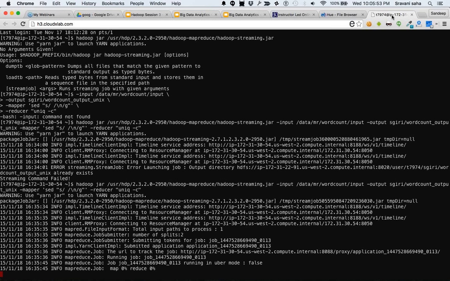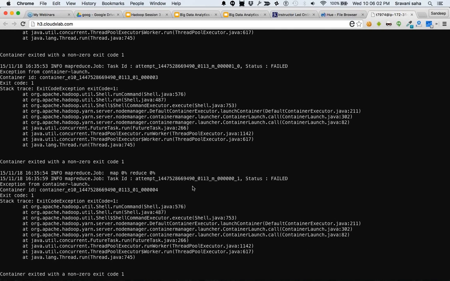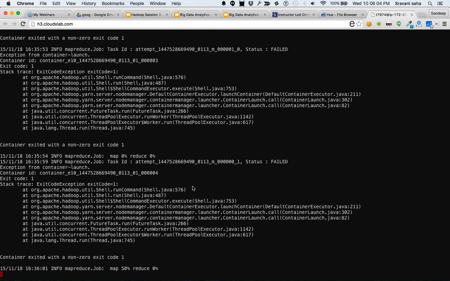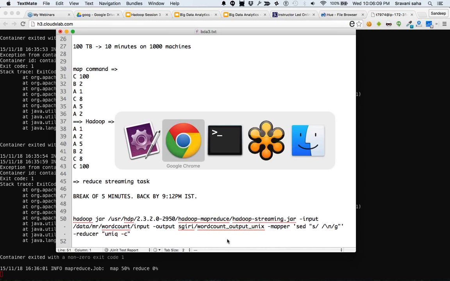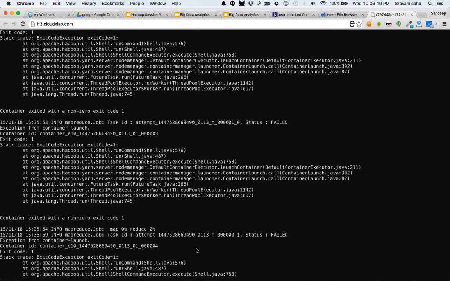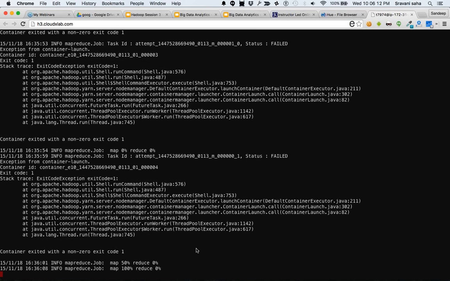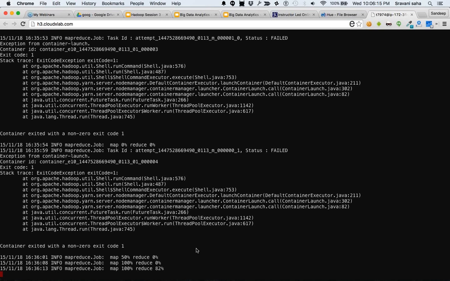So it's starting the map reduce process. What does it say? It says that the command does not exist probably. Okay, so let's try to modify it a bit. Oh, this is correct only. All right, so maybe now you saw something.